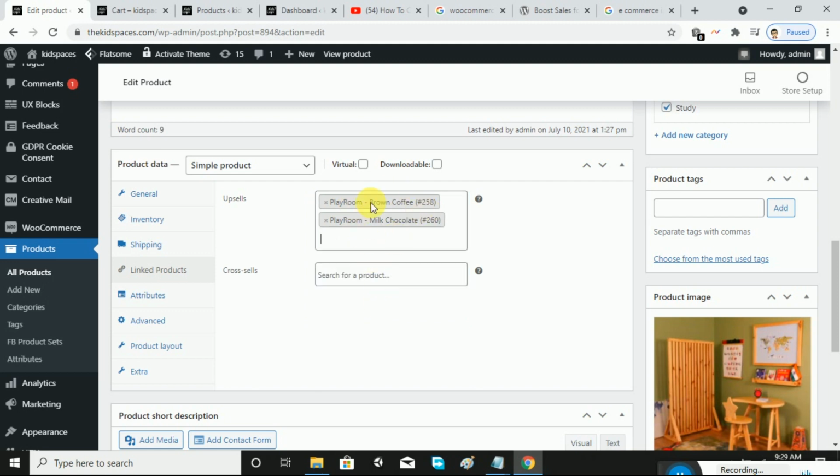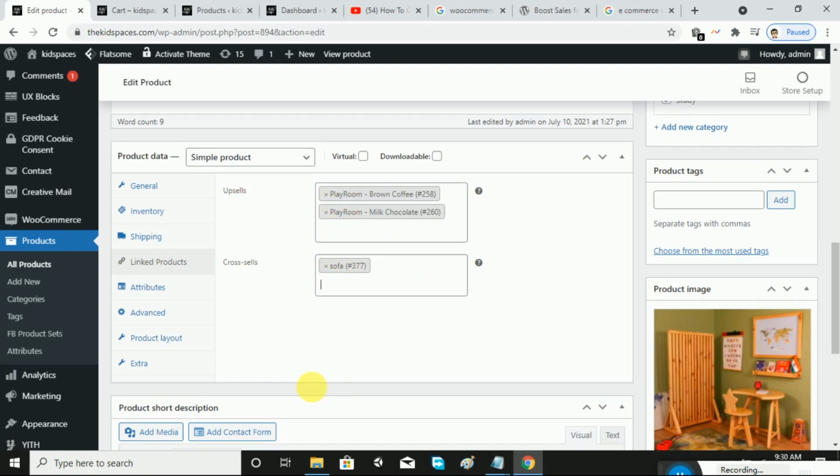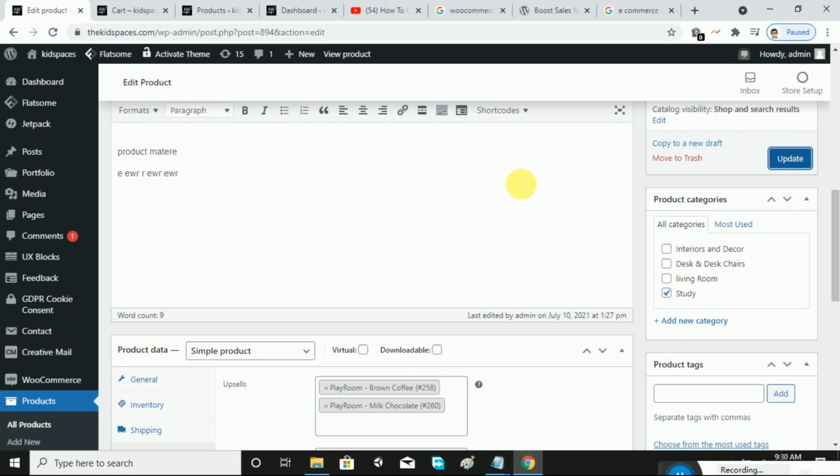So far we have added two products for upsell, and I didn't add anything in cross sell. We'll just add a sofa here. So for upsell we have added two products, and for cross sell we have added a sofa. I'll just update this.